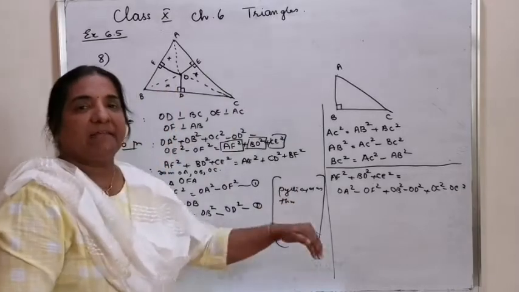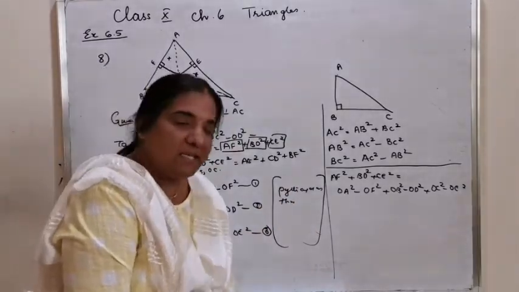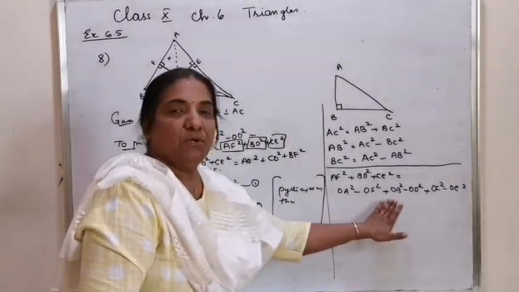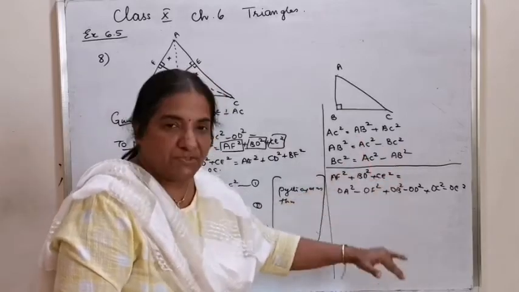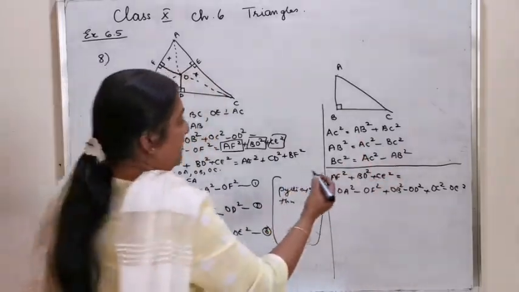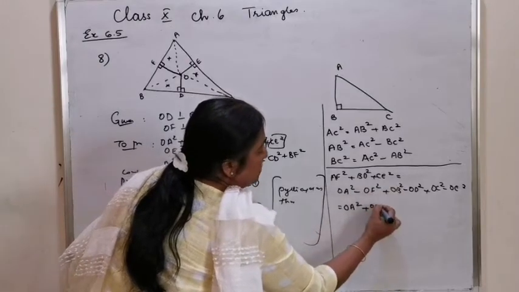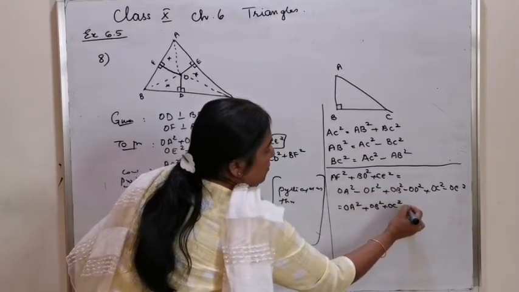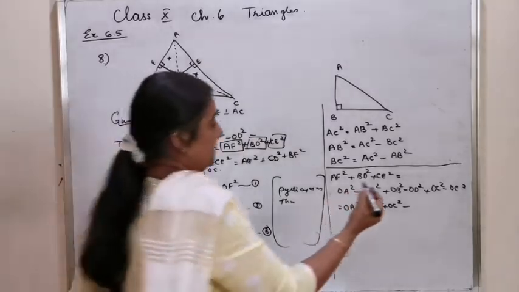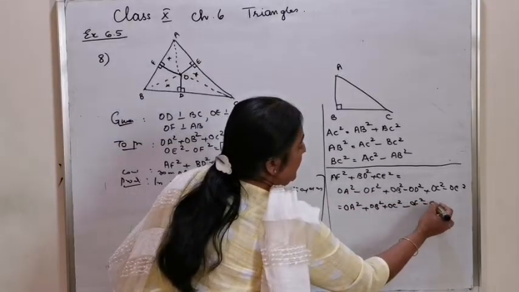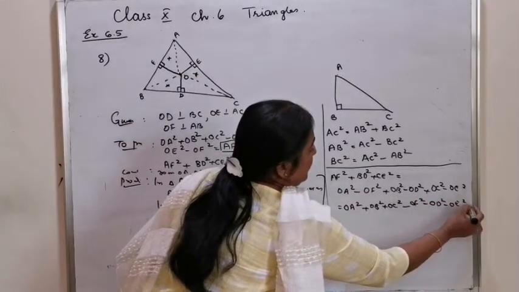Just a rearrangement in the terms will give you the first answer as well as the second answer. The first answer is direct, just OA square plus OB square plus OC square minus OF square minus OD square minus OE square,